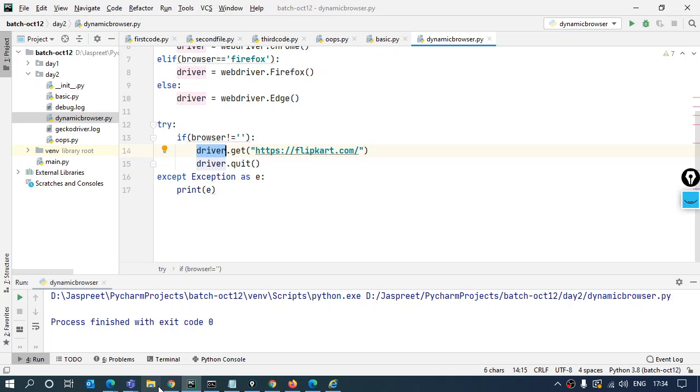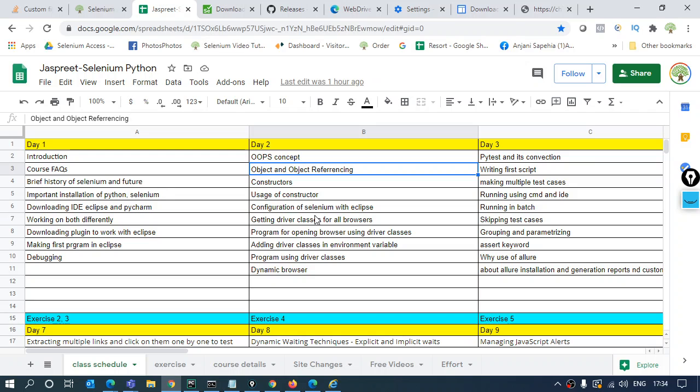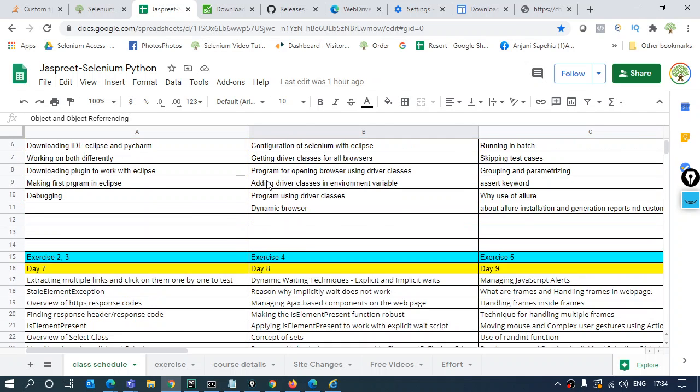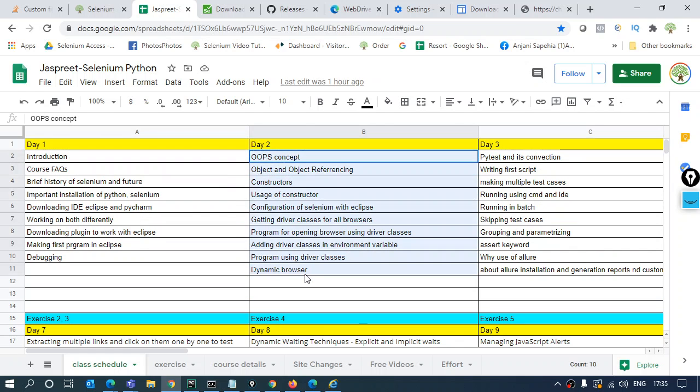Yes, exactly. Because if I start directly with the hybrid project, I'll have a number of commands being executed and you won't be able to get any of them. So it's a planned sequence. Today we have done the basic thing to open up a browser and navigate it to something. Right now, we just have written a script and ran it. In the next class, it will be in the form of a test case, with the help of the PyTest framework. So PyTest will be covered in the next class.